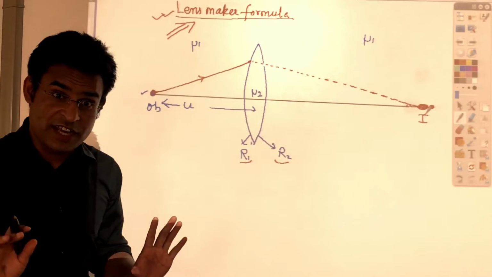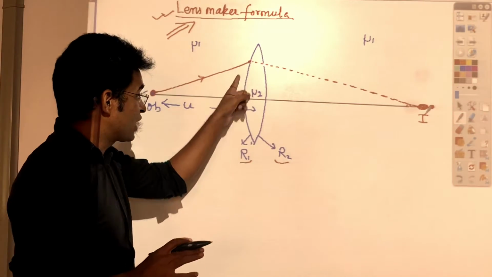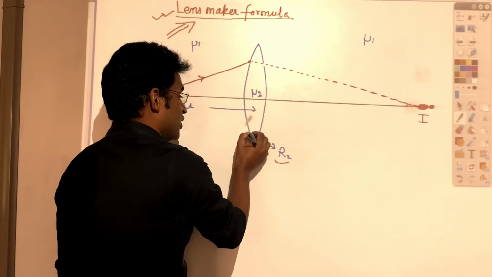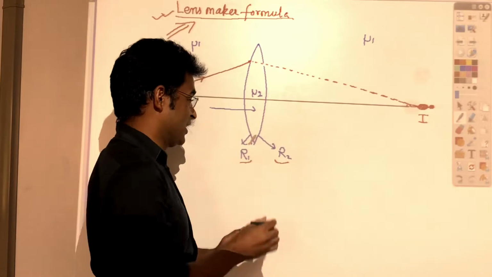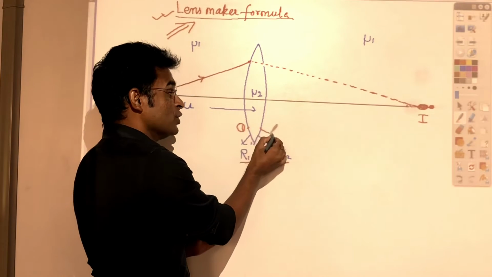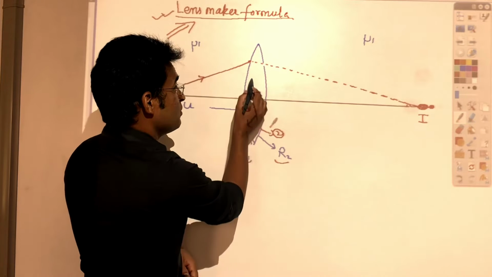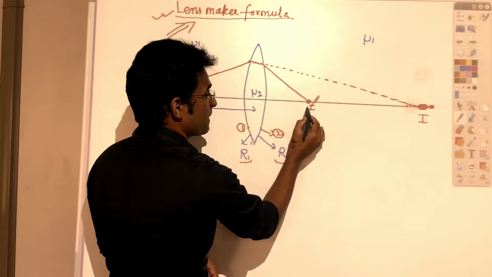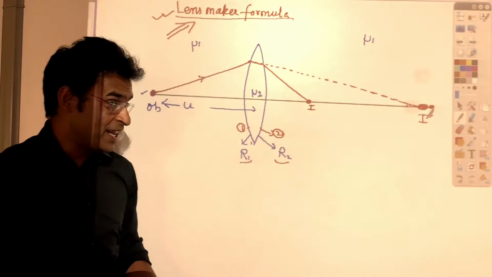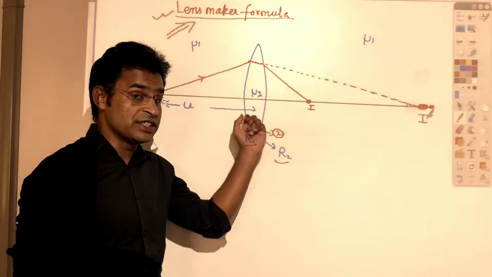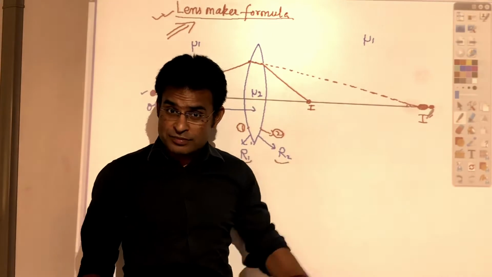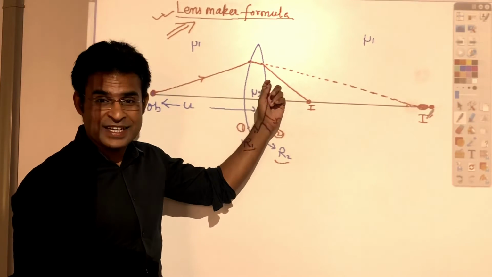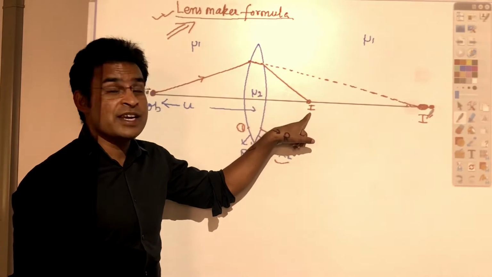If there were only one refraction, on the first surface, but right now there are two refractions, one on the first surface R1 and the second on the second surface R2. This is the first surface, and this one I can call the second surface. So there will be a second refraction over here. Actually the final image will form at this point. This image we can call I dash. What I am saying is, if there is only one refraction on the first surface, the image is supposed to form at I dash. But right now there are two refractions, one on the first surface and the second on the second surface, so due to these two refractions, the final image will form at I.